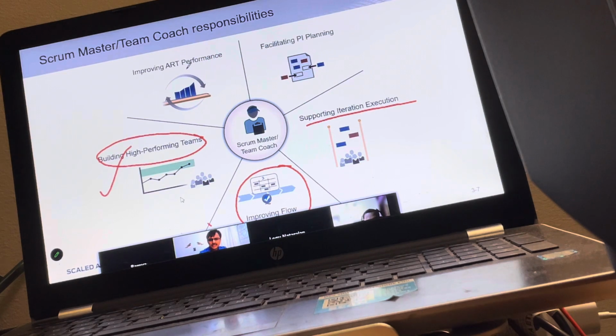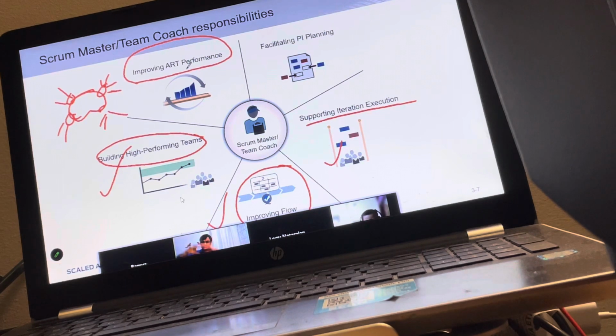So these three things remain more or less relevant for the Scrum Master, taking care of the team, facilitating and moving forward. On top of it, they are also expected to work on ART performance. So you can say Scrum Masters are expected to work well with their fellow Scrum Masters to ensure that we have good collaboration amongst different agile teams, in order to achieve system thinking. So ensuring the dependencies are visible, ensuring dependencies are tracked, ensuring that issues or status related to dependencies are informed to the other teams well in time, and participating in various activities so that we have an ART level